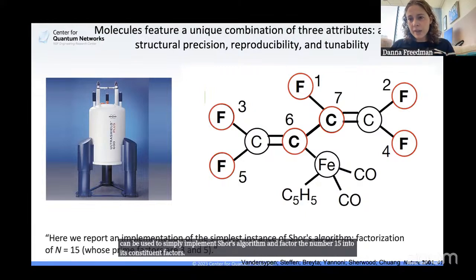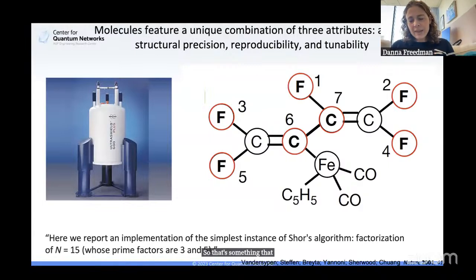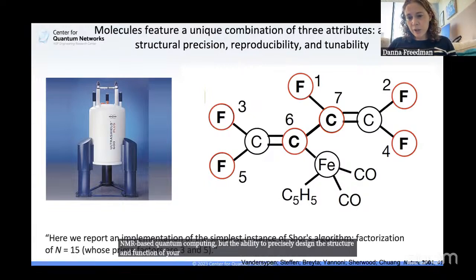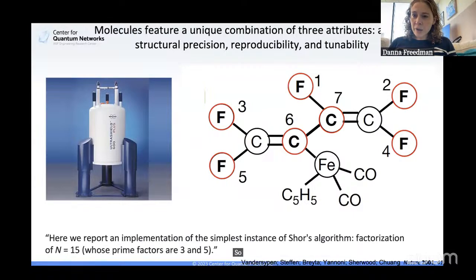So that's something that is really exciting from a quantum perspective. Not NMR-based quantum computing, but the ability to precisely design the structure and function of your qubits and their spatial precision. So, moving away from this NMR example, how do we go back to the beginning and think about building